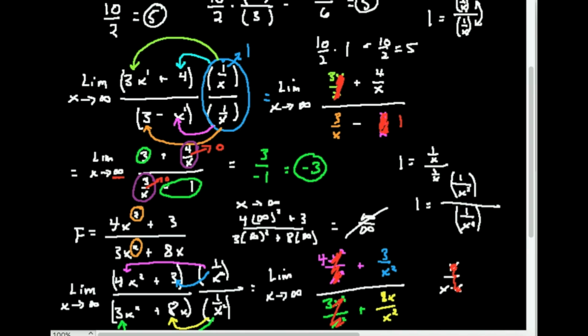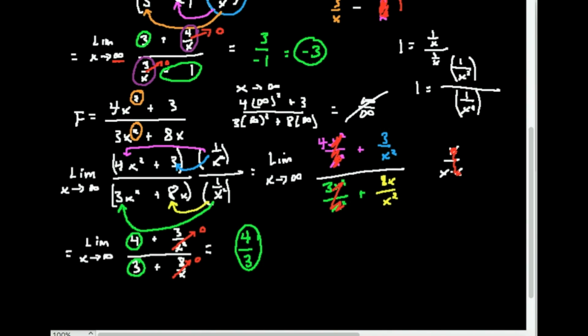Whenever the highest power of x is 2, as in this case, then it has to be 1 over x to the second divided by 1 over x to the second. If you had something like 3x to the third divided by 6x to the third plus 5, and you had to evaluate that at infinity,